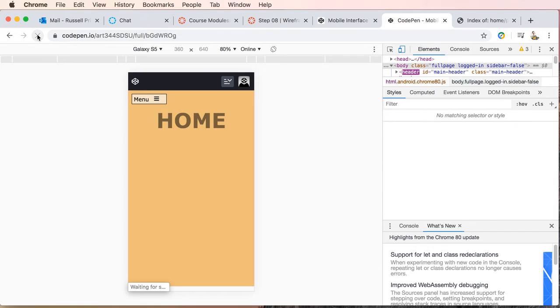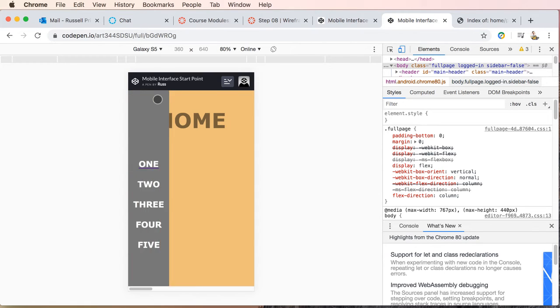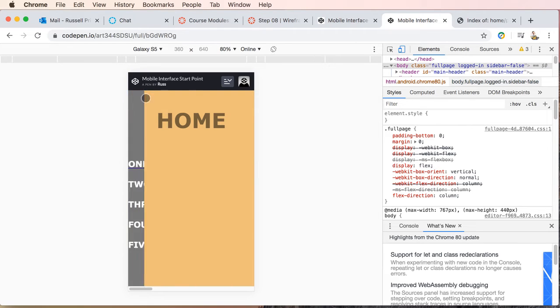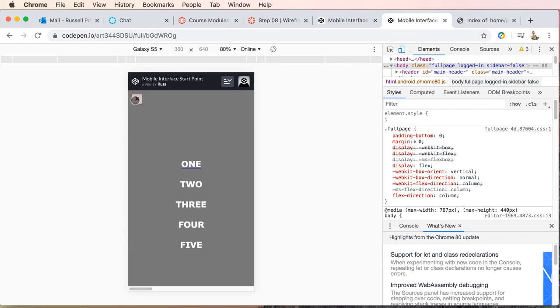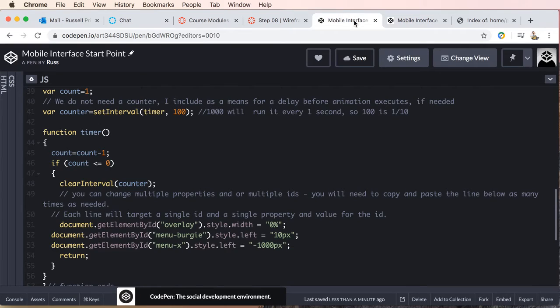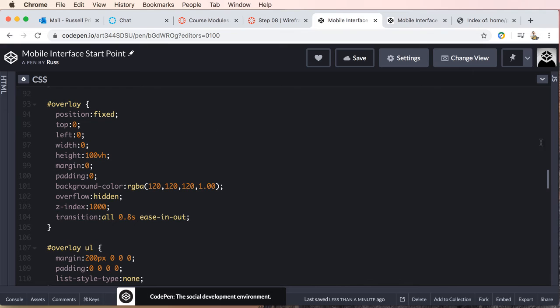So I'll refresh, and then we'll click our menu, and there's our X. Okay, so you'll see your menu comes in from the left, and instead of on the right-hand side. So if you wanted your overlay to come in from the top, let's go ahead and go back, and let's first look at our HTML or CSS. So we're going to look at our CSS,